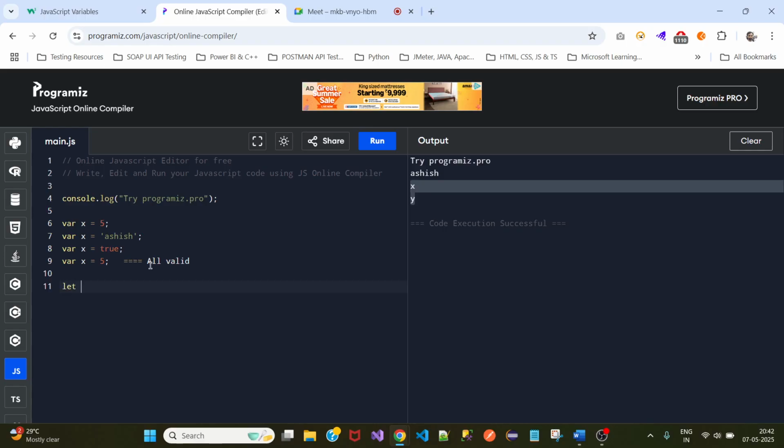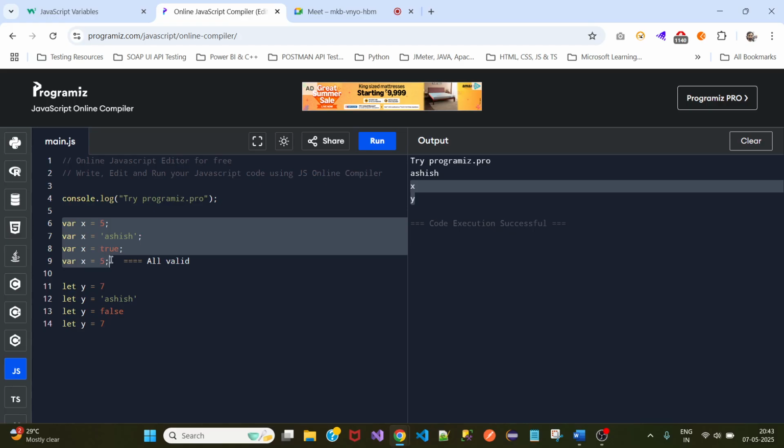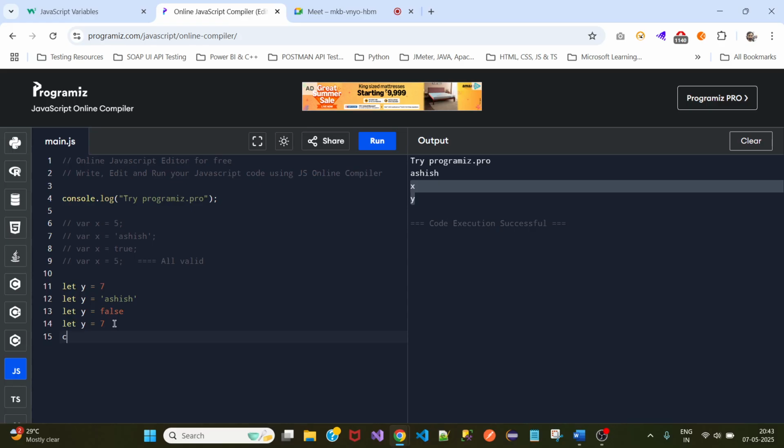Now we'll come to let y equal to 7, let y equal to false, let y equal to 7. Now, is this valid? Yes. In var, it is valid. In let also, this is valid, right? But for const, it's not valid. Okay. So, if I want to print